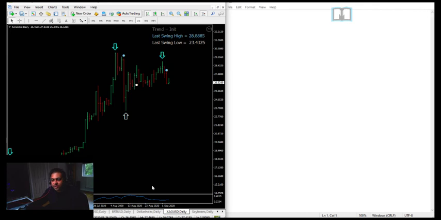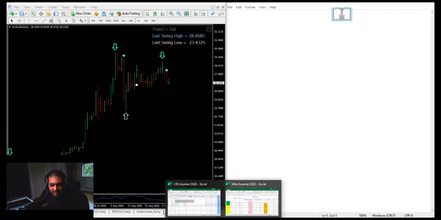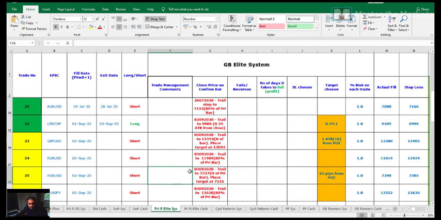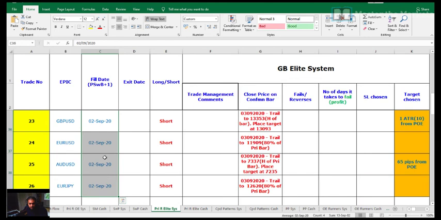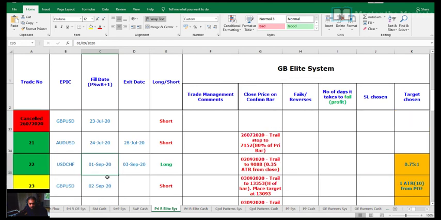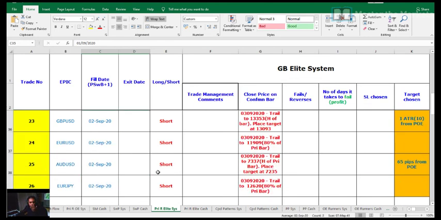Okay, so next live trading was Sunday evening. So we also taken some trades on the Elite Room for this particular session as well, and you can see there's quite a few open trades here actually on the Elite Room for the trading opportunities. One small loss on the dollar Swiss franc, which incurred a very, very tiny loss, but nothing really significant. We've still finished the week net profit when we look at the live trading room and the Elite Room combined, which is ideal. So we're in a good place there, but only a very small profit. I didn't even mention it on the title for the trading room because it's next to nothing today.